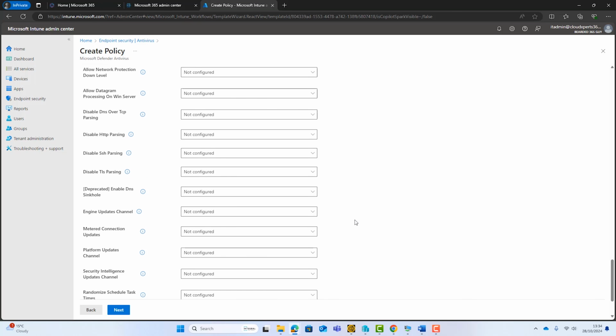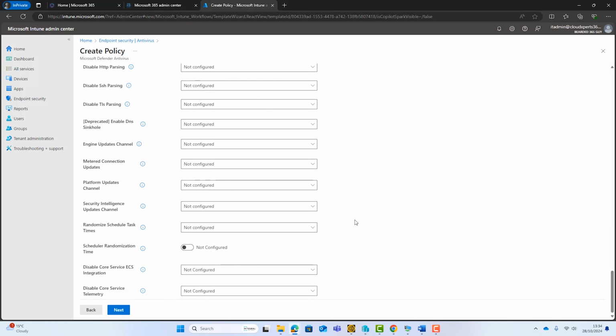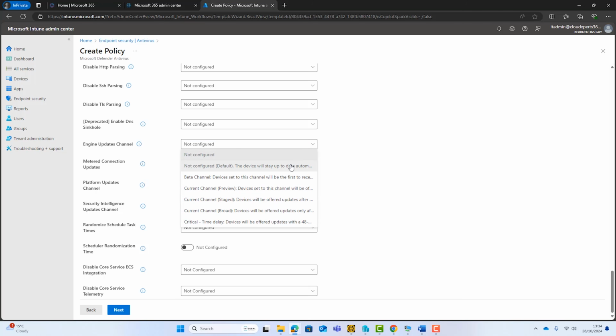Okay, we're going to scroll down here to updates as we come to the end. Now we've got a few update channels to choose from, and we've got a few options. So Engine updates channel here, we've got some options. I would be tempted to leave it as the default, and that would be the device will stay up to date automatically. But you have got some options right down to this one here. So there's a time delay.